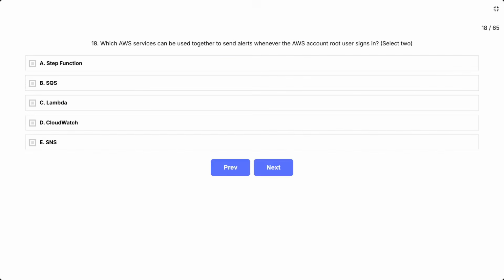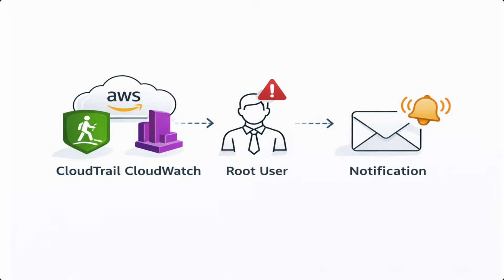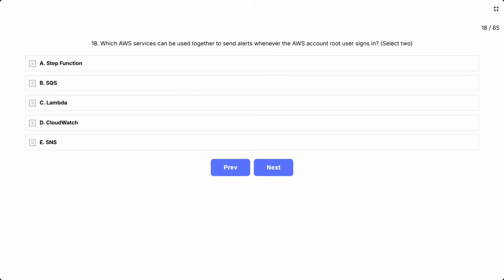Question 18. Which AWS services can be used together to send alerts whenever the AWS account root user signs in? Select 2. The options are A, Step Functions, B, SQS, C, Lambda, D, CloudWatch, E, SNS. This question asks which two AWS services work together to detect root user login activity and send you an immediate alert notification. Think of it as, what AWS services do I need to monitor for root login and then notify me about it? The correct answer is D, CloudWatch, E,